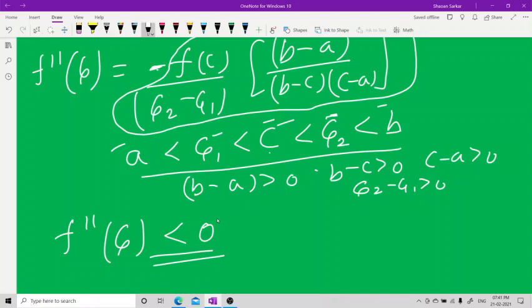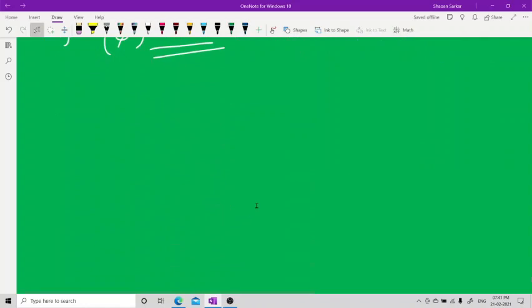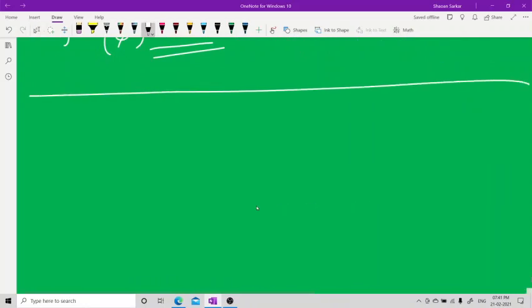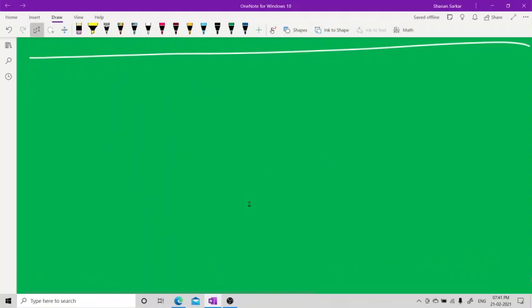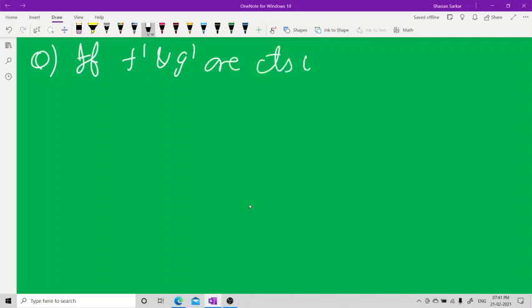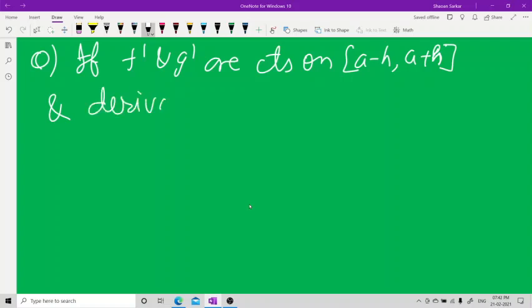Now, another question we are going to do, let us draw a line. Wait a minute. Yes. Now, the question is, if f dash and g dash are continuous on [a minus h, a plus h] and derivable on the open interval a minus h to a plus h, then prove